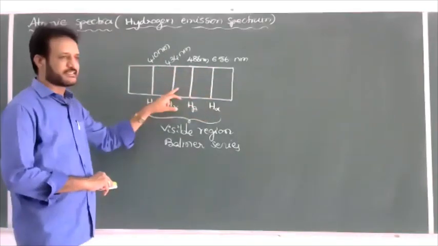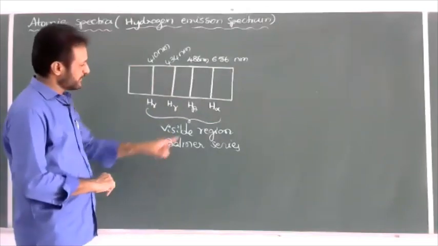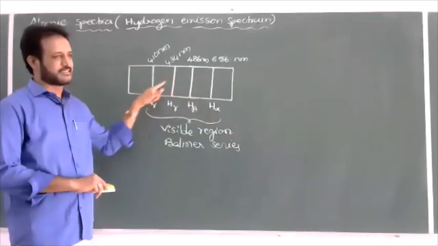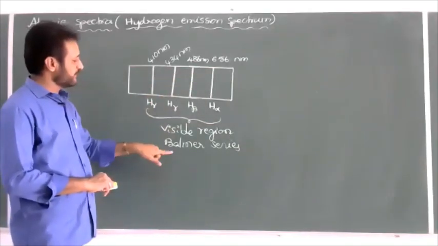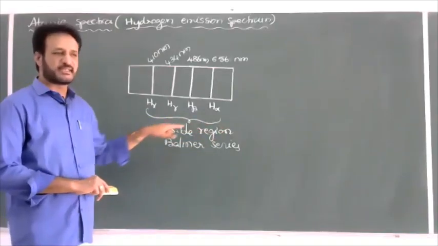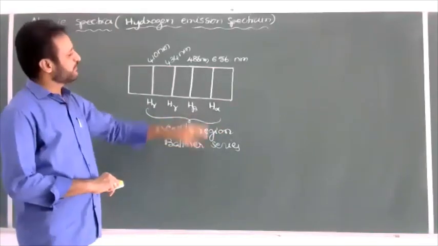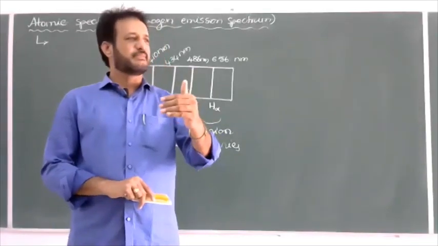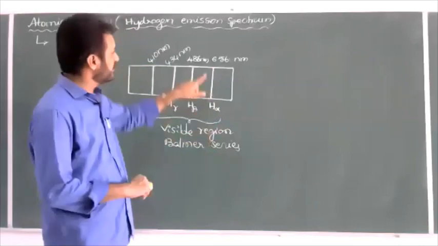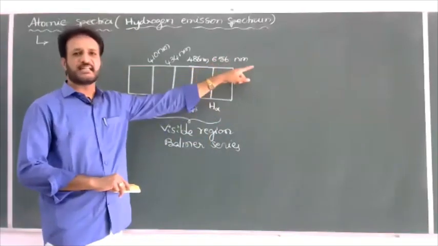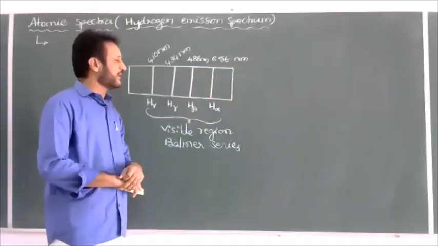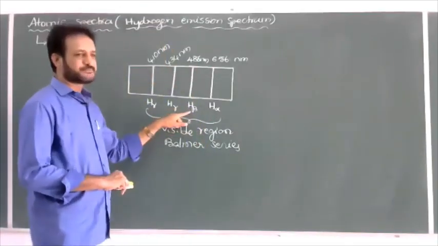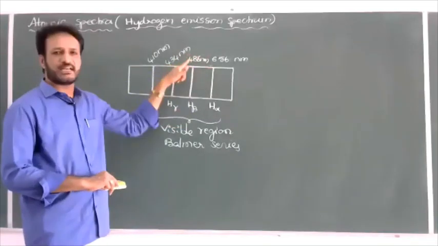If you study the absorption line spectrum carefully, in the visible region you observe H alpha, H beta, H gamma, H delta lines like this. This spectrum was first studied by the scientist Balmer, and is called the Balmer series. For H alpha, when the electron jumps from the third orbit to the second orbit, we get a wavelength of approximately 656 nanometer. When the same electron in a hydrogen atom jumps from the fourth orbit to the second orbit, we get the H beta line with a wavelength of nearly 486 nanometer.